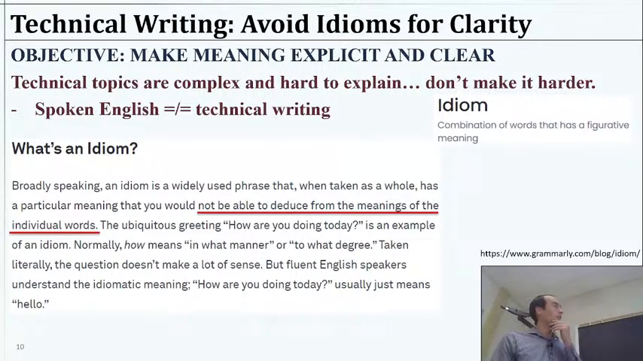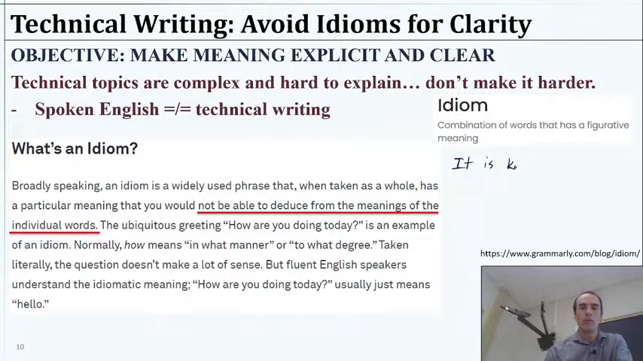Okay. You guys are just a little ahead of me, because this is leading directly into idioms, speech patterns, things like that. It, in the way we just described it, is a great example. So again, the theme here, our technical topics are complex, hard to explain. We just don't want to make them any harder, right? So an idiom is a combination of words, or sometimes a single word, that has a figurative meaning. So when we were just writing